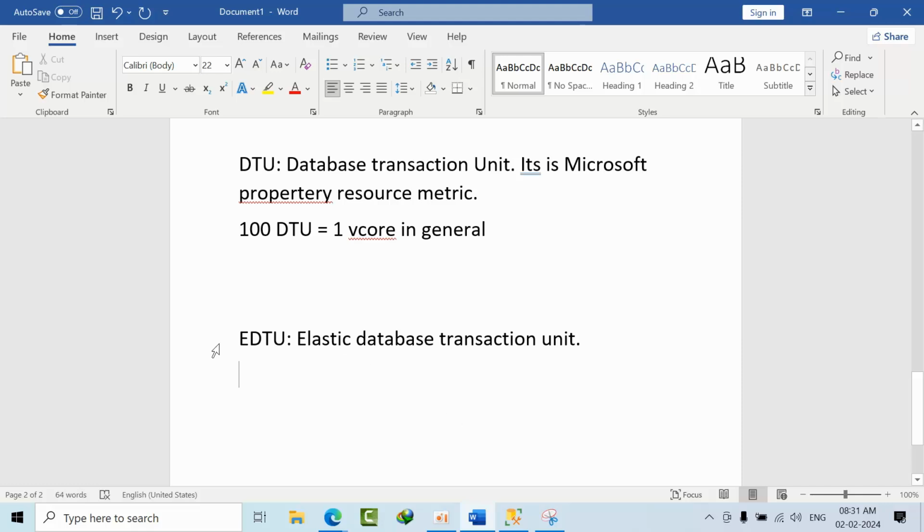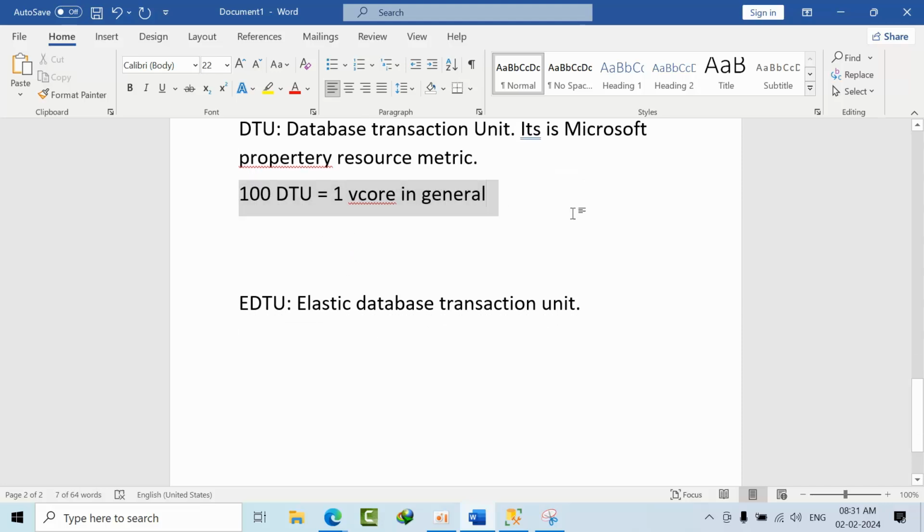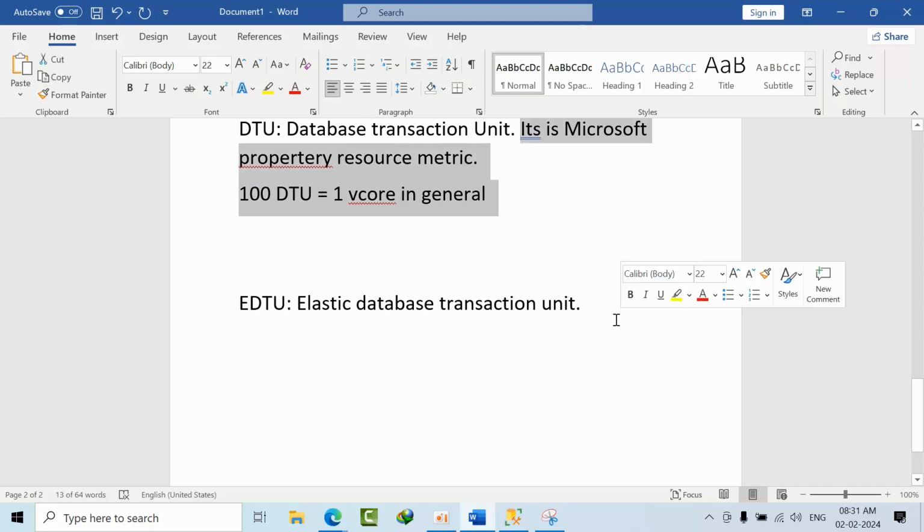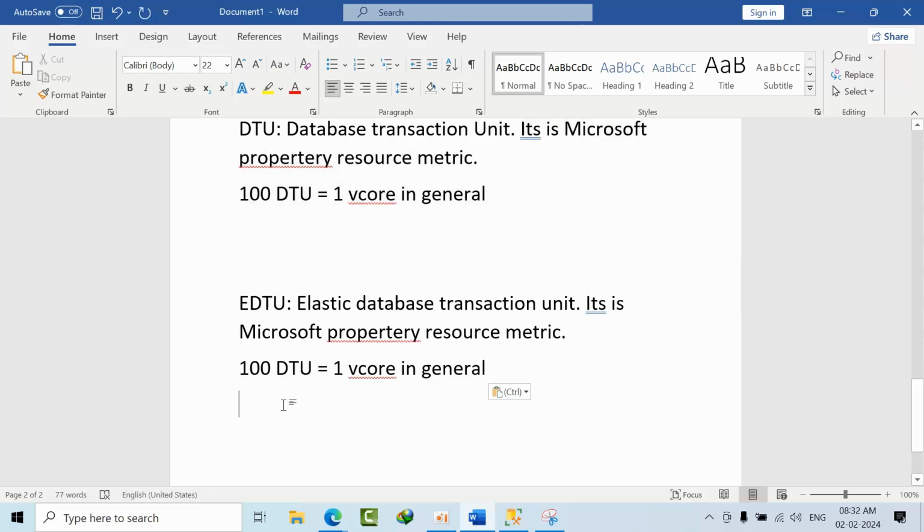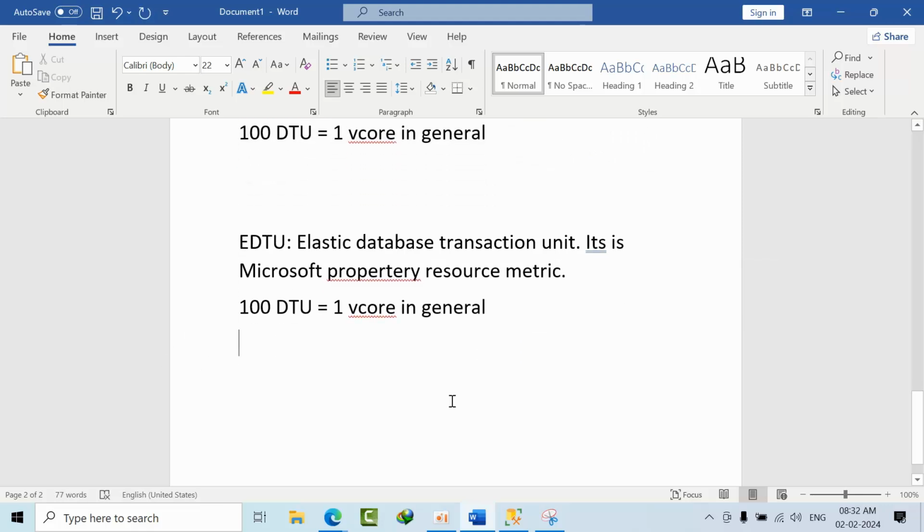That's the reason we call it elastic. The same applies here for the elastic database, and in general 100 eDTU is equal to 1 vCore as well.